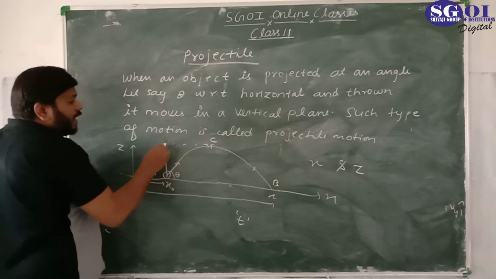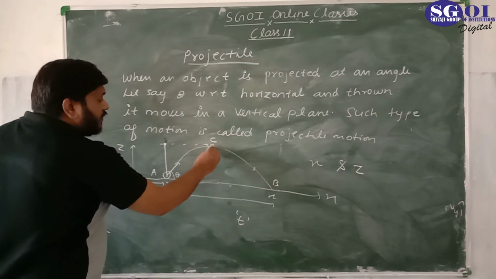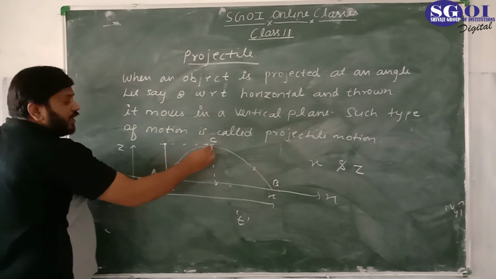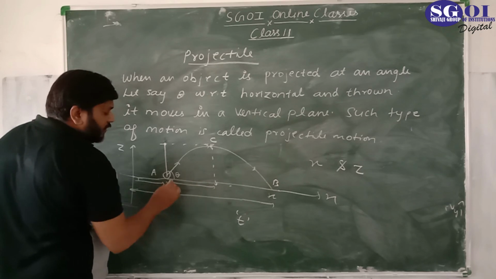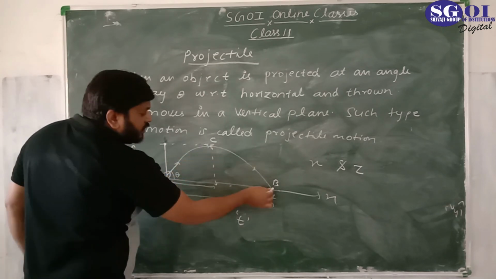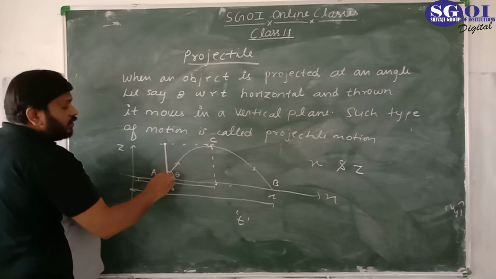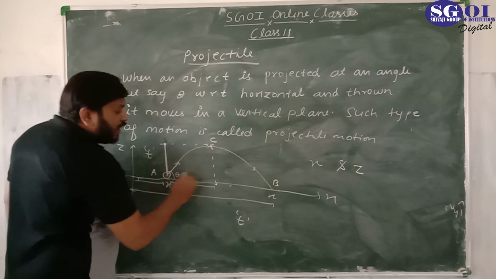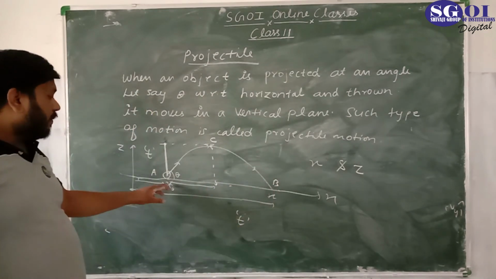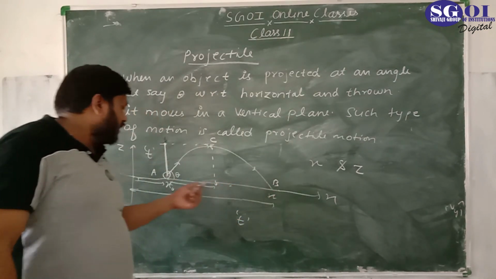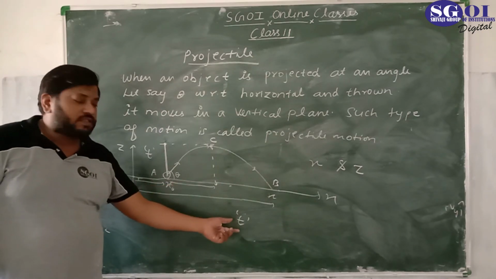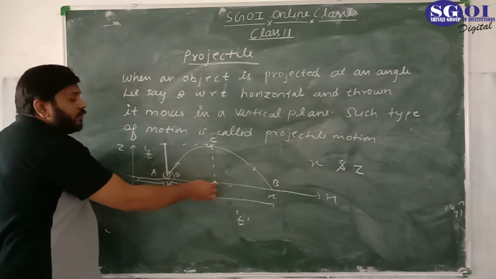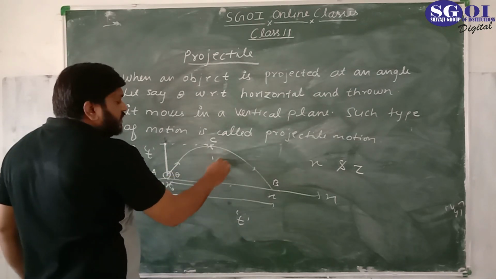It is reaching maximum height here, and in x it reaches here. When it reaches here in x, it has covered this much distance, and the total time when it goes up and comes down is t. In that time it goes from x naught to x, so the distance covered from x naught to x is in time interval t. And if we talk about the distance here, let's say it is h.